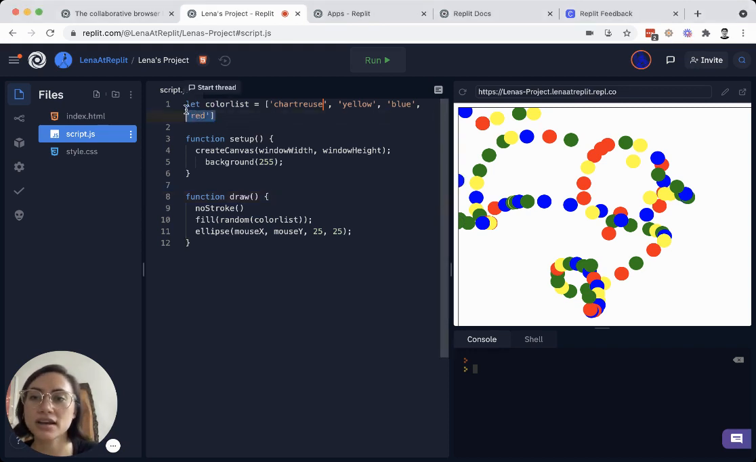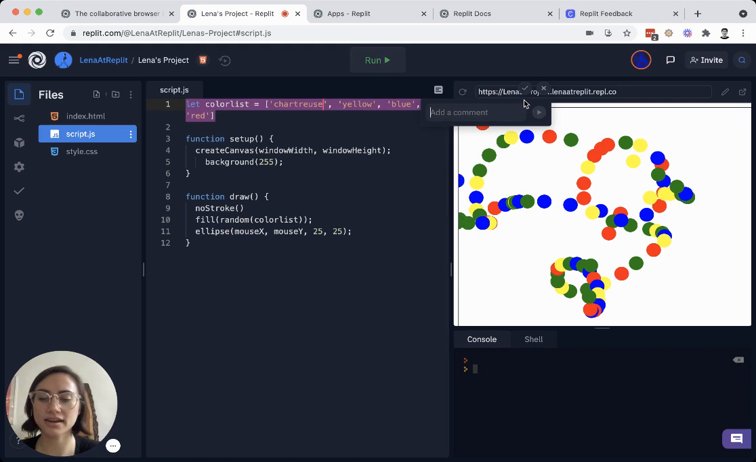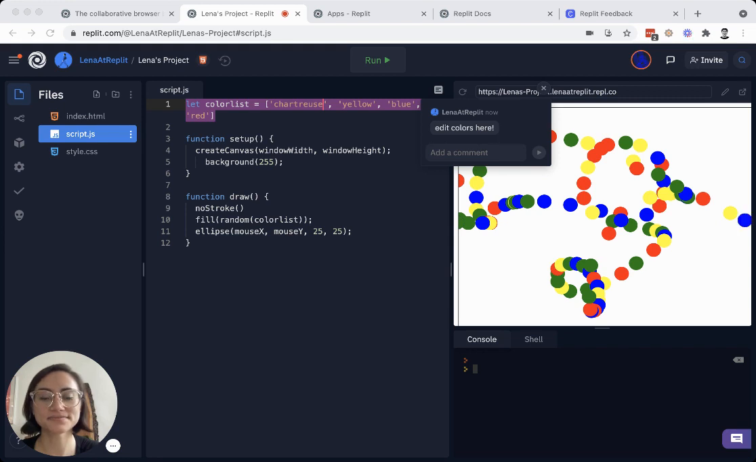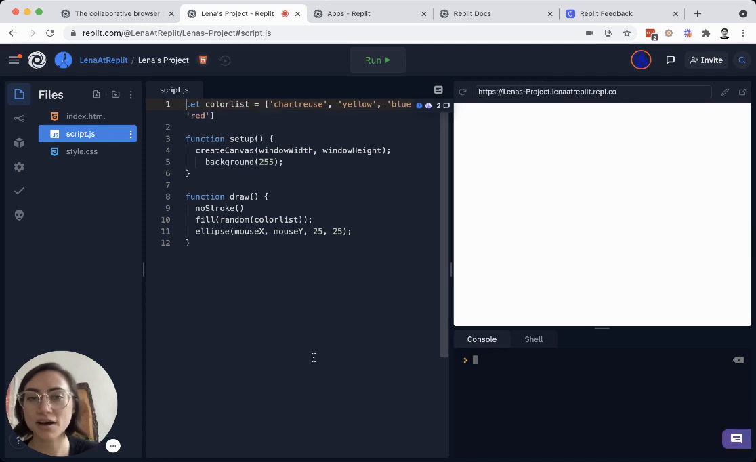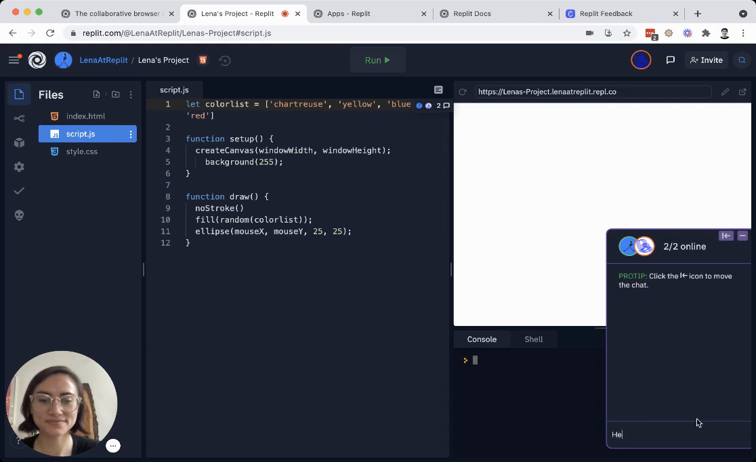So I could highlight an area and add a thread. They could respond. We can also chat using the chat function down here. And they could respond